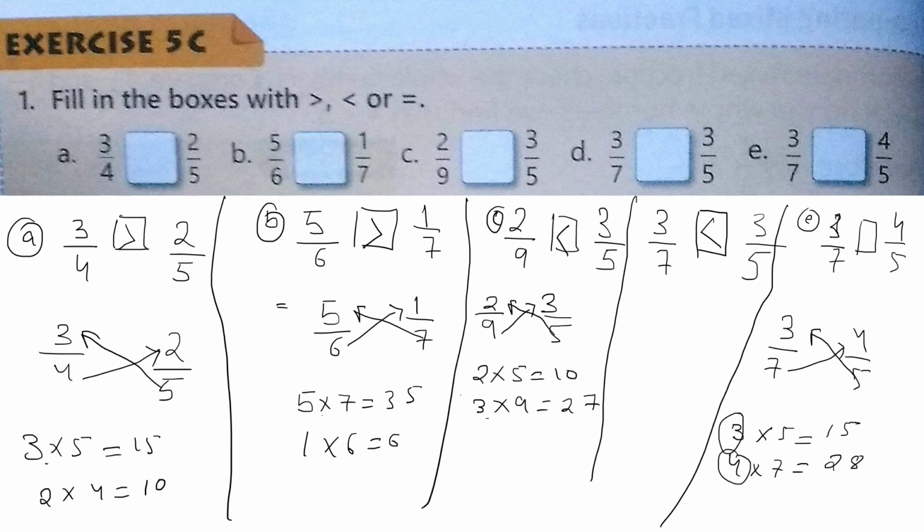Now which one is bigger? 4 is here. That means this 4 by 5 is greater. So here this is greater. Here this one is greater. And number C, 3 by 5 is greater. And here 5 by 6 and here 3 by 4. Got it? So in this way we will solve the problem. Got it, children? So do practice. Okay, thank you everyone.